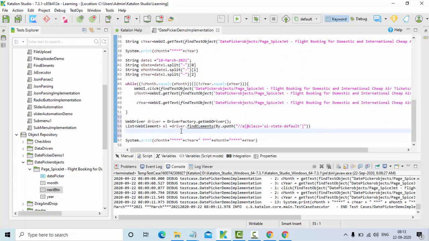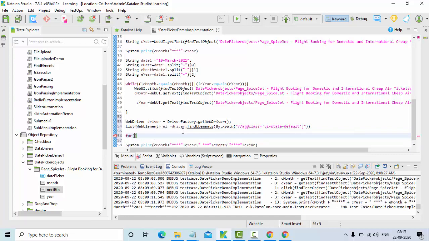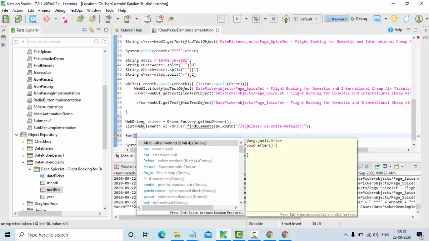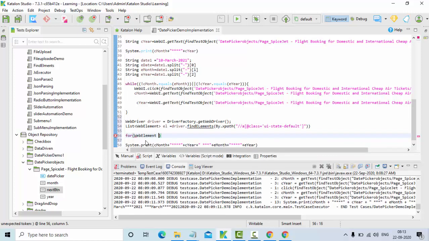Then once I have this, I need to print these values, right? So I'll use a for loop here. So el will be nothing but a list of web elements, right? So each and everything is a web element here.